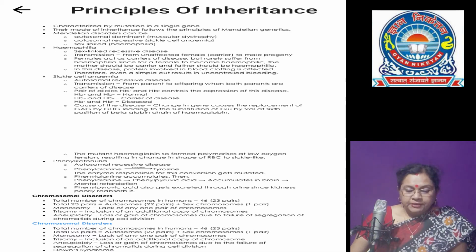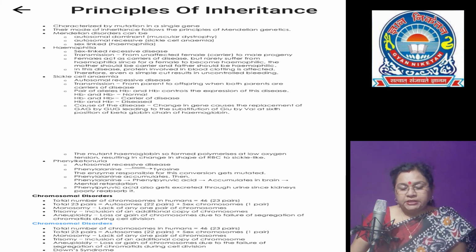This happens due to the point mutation of the glutamic acid, which is replaced by the valine at the 6th position of the beta globin chain of the hemoglobin molecule. How does it occur? It occurs due to the single base substitution at the 6th codon of the beta globin gene from GAG